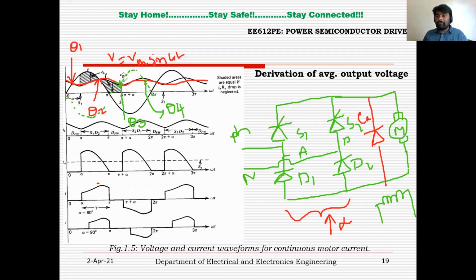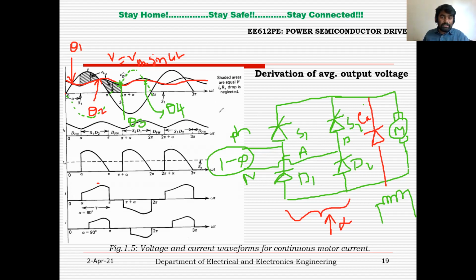Now, to transfer the power from source to load, the source is a single phase supply here. Because the load is a motor, the load requires the electrical supply. So to control the speed, we are converting this single phase supply to a DC voltage required for this DC motor, right? So now the input voltage should be at higher potential.